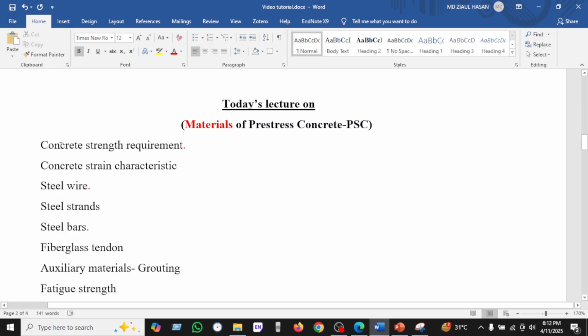First of all, I will try to cover the concrete strength requirement for Prestress concrete and concrete strain characteristic and steel wire, steel strand, steel bar, fatigue tendon, auxiliary material such as grouting and fatigue strength. So let's start the concrete strength